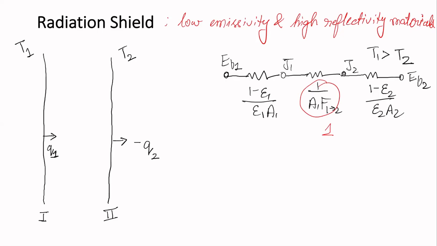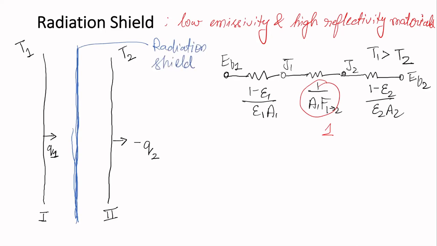Now let's come to the main part. Now I need to block some of the radiation going from 1 to 2. Maybe surface 2 is something like your body, and you want to block the radiation coming from the source as it can be harmful to you. So what I do is I introduce a shield in between them, like the shield of Iron Man or some DC or Marvel comic hero, something like that you can imagine. Once this shield is introduced, this is the radiation shield that I have introduced.